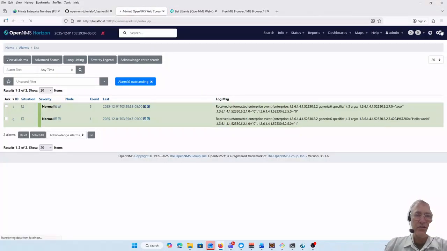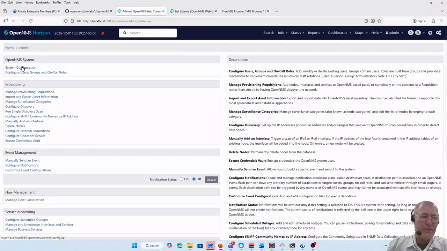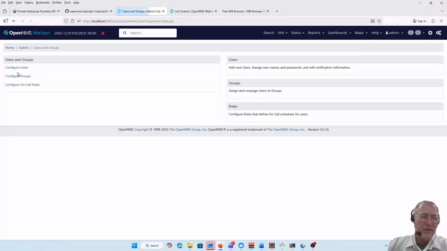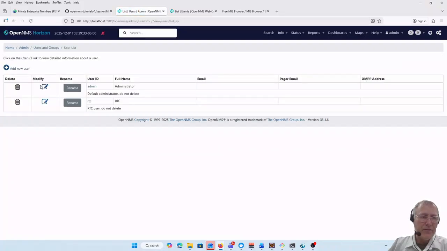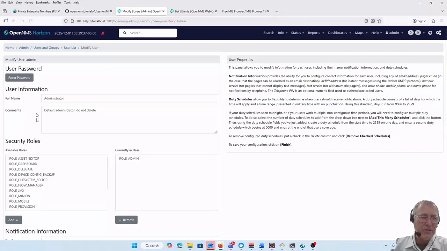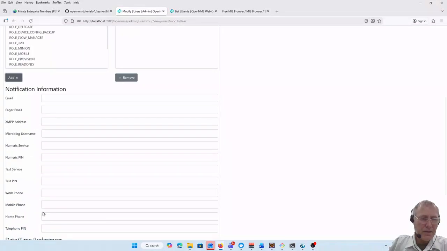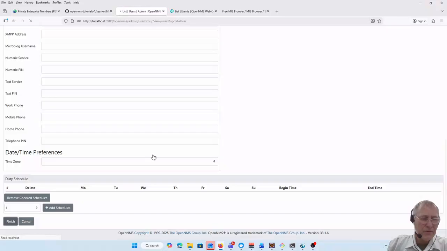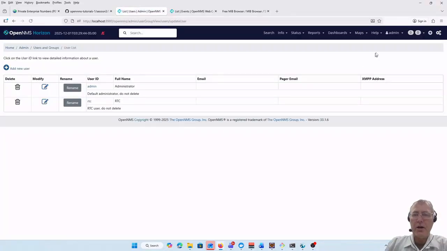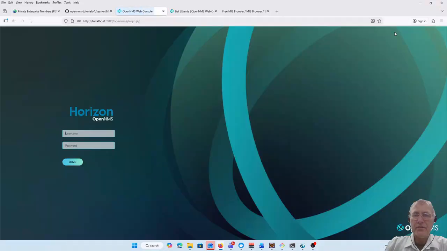I've got to change the user permissions so that they can actually edit using the UI. If I modify the admin user and add in this file system editor and save this value, then now if I log out and log back in,